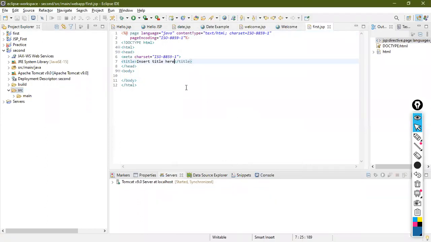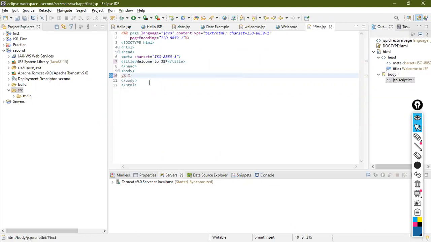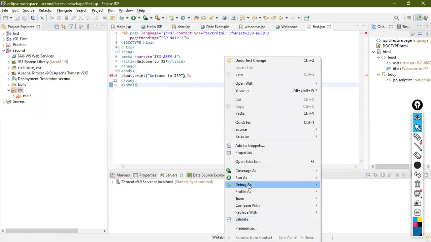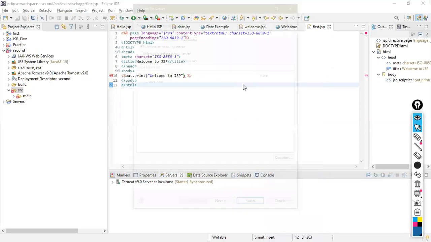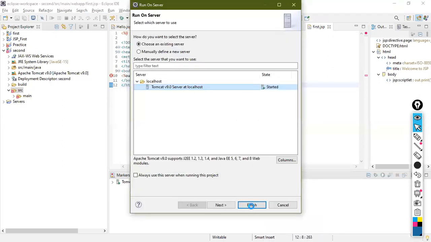Write the title as welcome to JSP. Whenever you execute, it will show you the title. Then here you write percentage out dot print of welcome to JSP. That's all. Save this, right click, run on server, select the server, and finish.